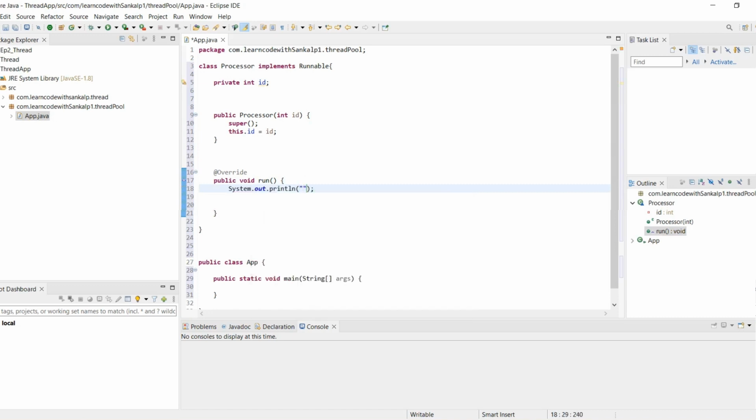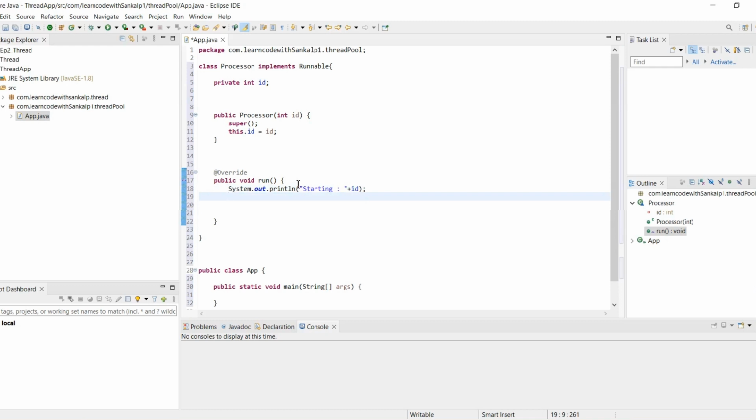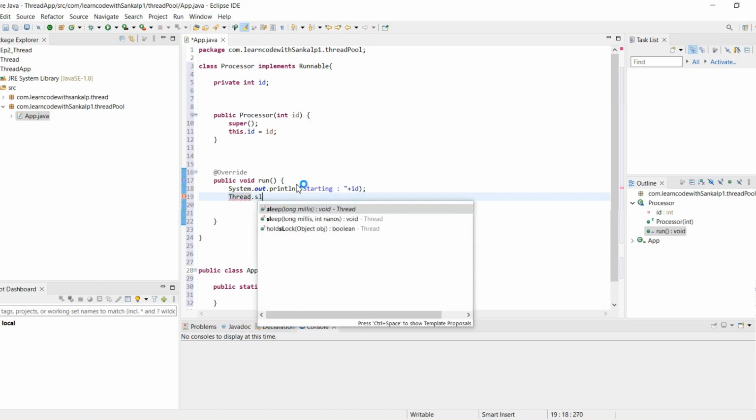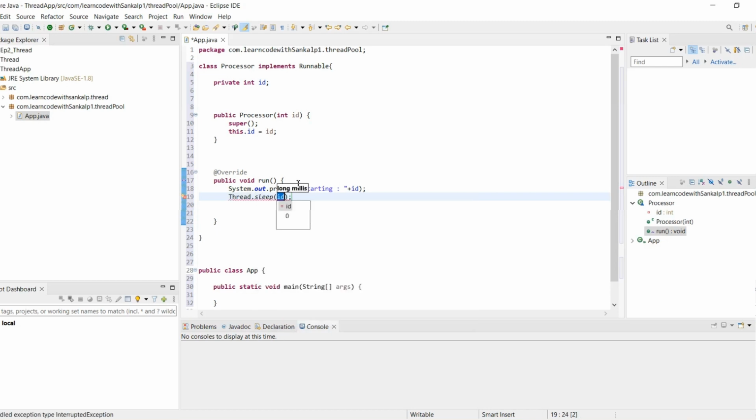We print the process starting with the id, and then we write Thread dot sleep with 5000 milliseconds, which means 5 seconds.